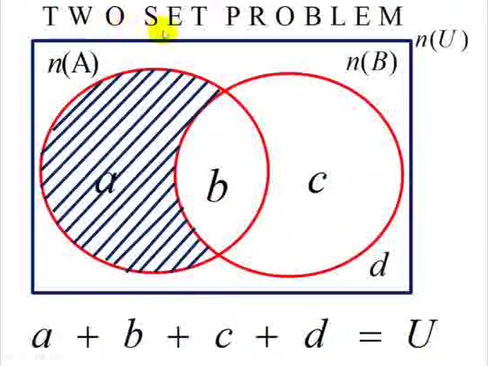Now we consider a two-set problem. Number of U is the universal set. Let's assume that this number of U represents the total number of students in a particular school or a particular class. And let the number of A represent the number of students who read Greek. And let the number of B be the number of students who read biology. Now we have A